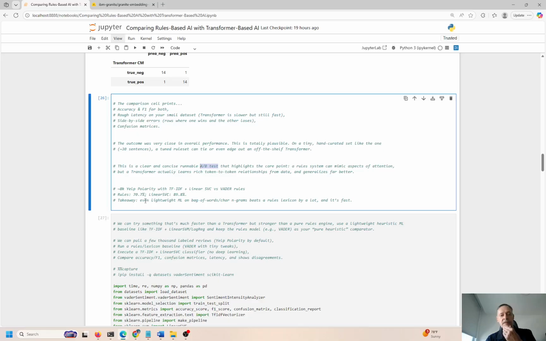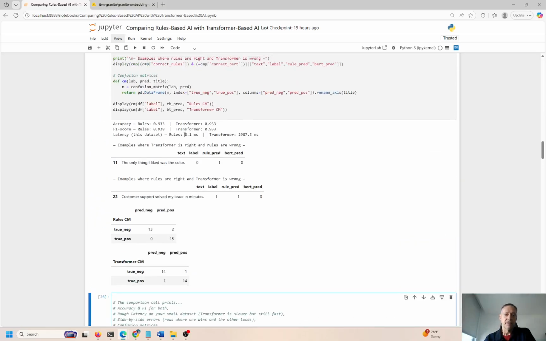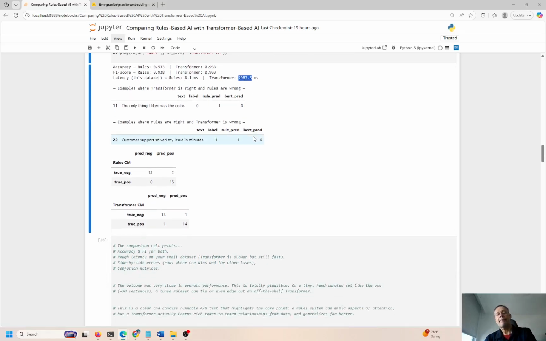So the lightweight classical ML model, with bag of words, n-grams, and a rules-based lexicon, beats the rules-based one by a lot, and it's fast. You can see the time to completion over here: 8.1 milliseconds, while the transformer took 2,987 milliseconds. Okay, so in large data sets you would probably go with the rule-based model,